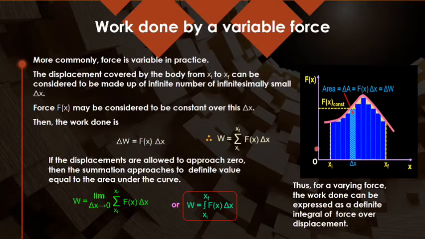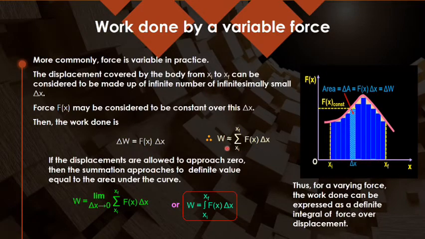If I have the force displacement graph, and I have a straight line, then directly I can take the area under the graph, or the constant force can be taken. That will be quite simple. If I have some regular shape, some triangle, some rectangle, for constant force it is quite easy. I can find the work done by simply finding the area under the force displacement graph. Now if it is varying, then I have to divide it into smaller areas.